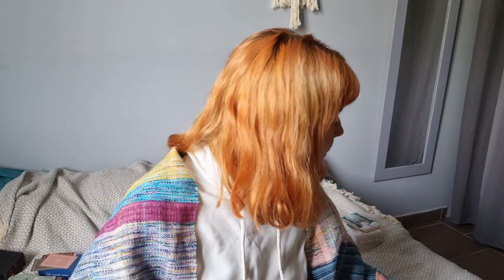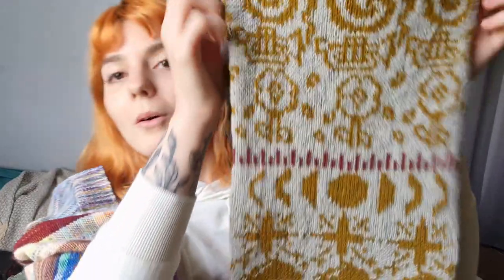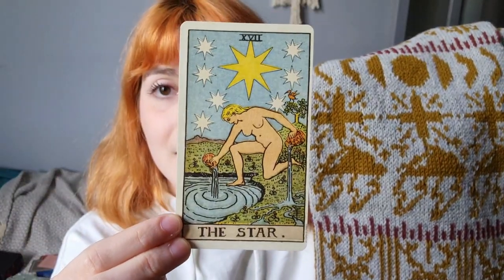And with that, we are going into the last clue. So clue 6, which was all of this. So we had the star, the moon, the sun, judgment, and the world. So all of those were clue 6. So we can start with the star. The star, which I drew with little stars here, and yeah, the cloud sort of leads the way to the stars above. And in the traditional tarot deck, this is the star,